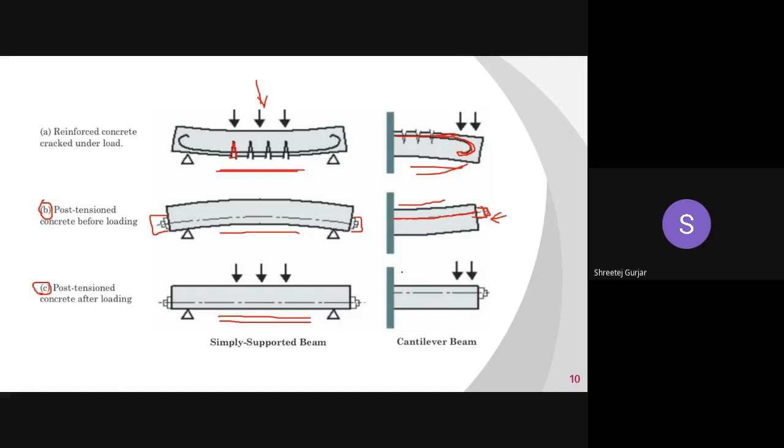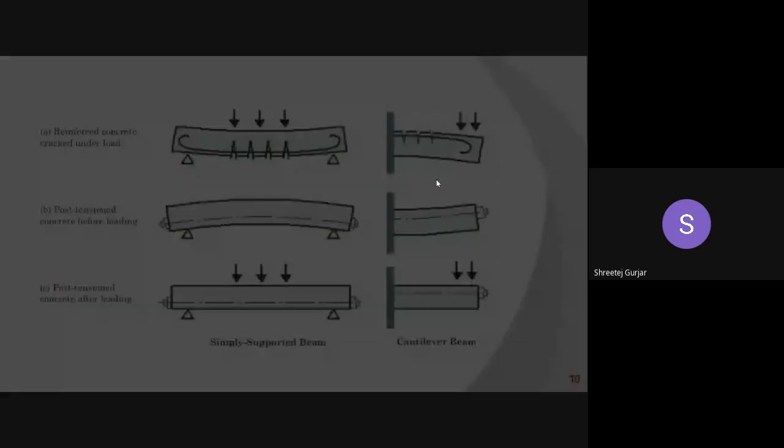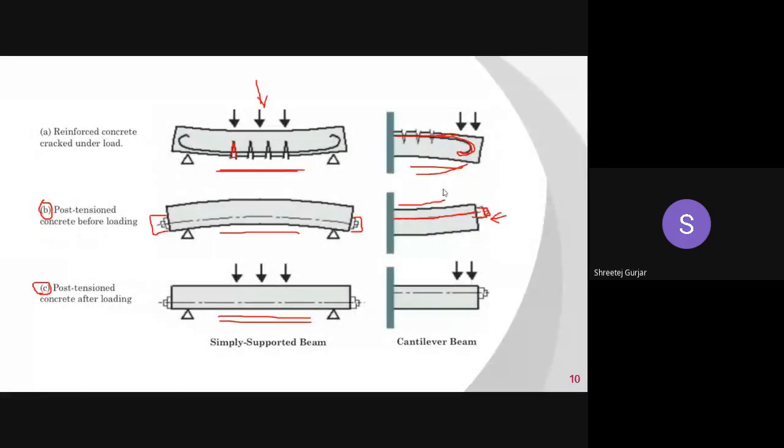Okay, same in the cantilever beam. See, it is neutral, it is not hogging, neither sagging. But when you see a normal RCC element, it will be sagging in simply supported and it will be hogging in cantilever. Okay, so understood. So this is your general concept for PSC or pre-stressed concrete elements. Okay, so if you have any doubts, you can just let me know. You can ask in chat or you can just unmute and ask.